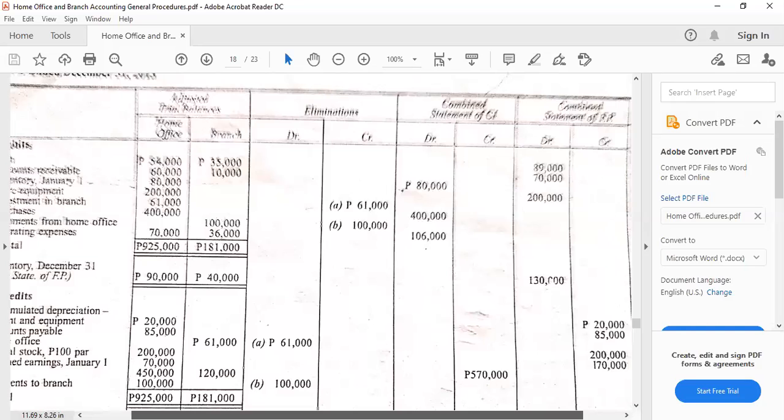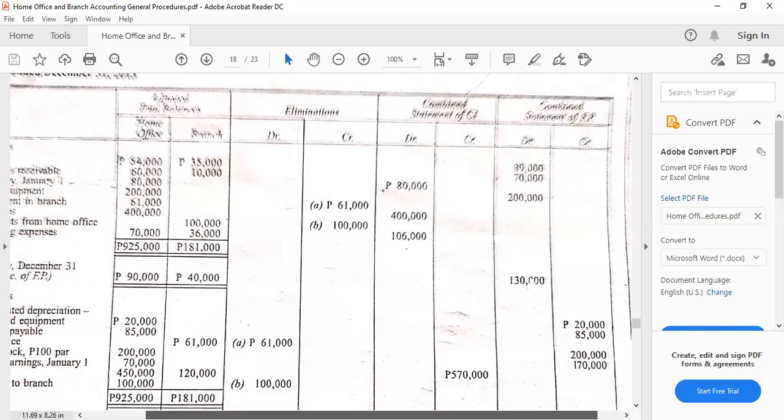So if the accounts belong to revenues or income, expenses, and cost of sales, they are to be forwarded to the combined statement of comprehensive income. But if they are real accounts, the permanent accounts or the balance sheet accounts, the statement of financial position accounts like assets, liabilities, and equity, then they will have to be forwarded here.